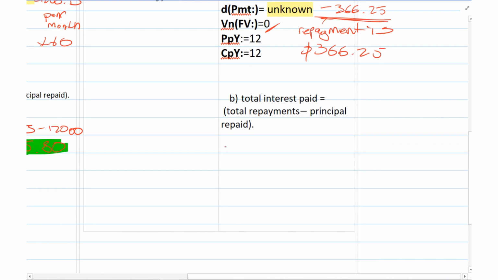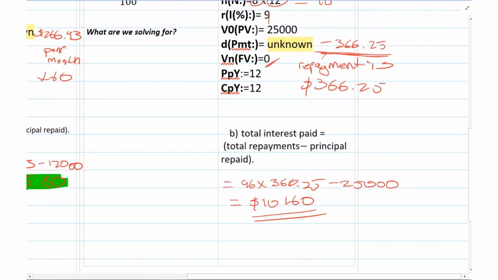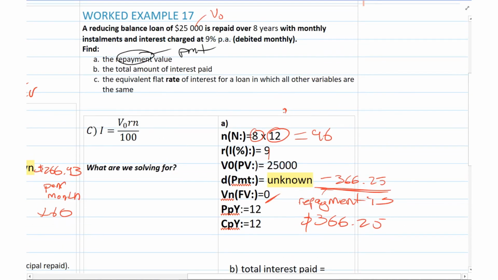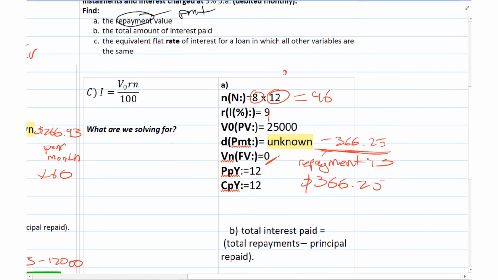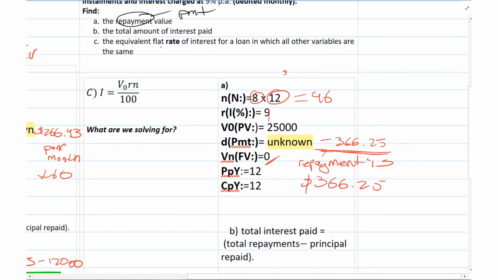That's going to equal total repayments. I have 96 repayments of 366.25, and I'm going to subtract the principal, which was 25,000. That's going to give me a value of 10,160. Okay, so that is the total interest that you've actually paid using reducing balance. Now, when it comes to equivalent flat rate of interest, you've actually already got I,